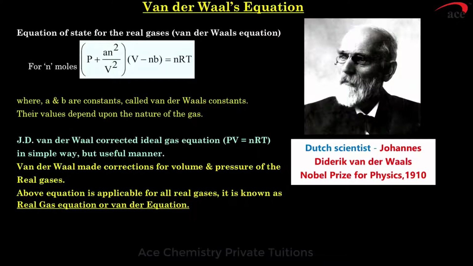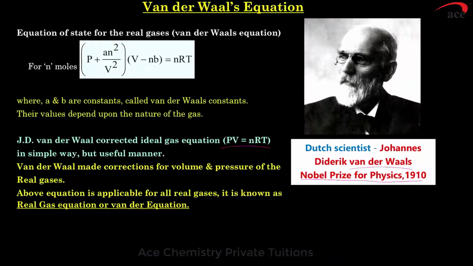Van der Waals equation. As real gases were quite different from ideal gases, they were not obeying the ideal gas equation PV equals nRT. So, Mr. Van der Waals, who won the Nobel Prize for Physics in 1910, developed a correction in the ideal gas equation